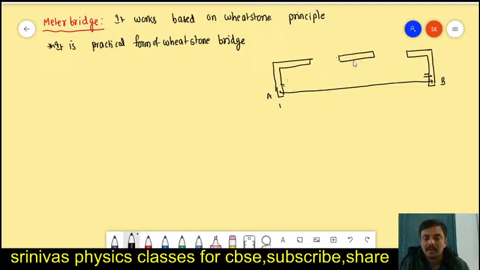In the middle there is a rectangular copper strip they will place, and there are two gaps. This is the left gap and this is the right gap. In the left gap they will place the unknown resistance, the wire whose resistance we want to determine. This is X that we have to find out. In the right gap we will place the resistance box whose resistance we know, right? And next,